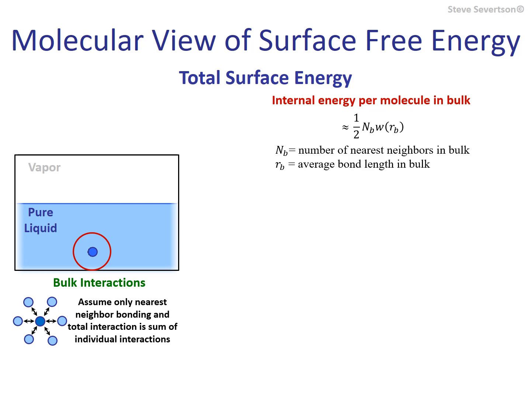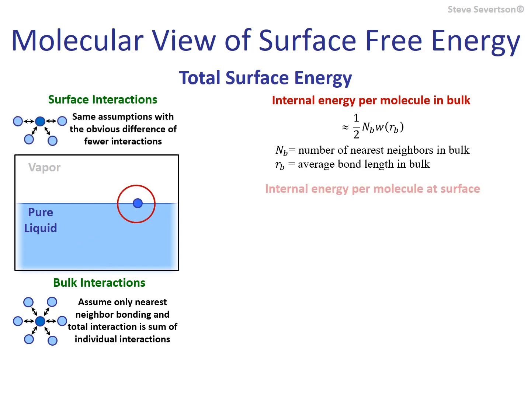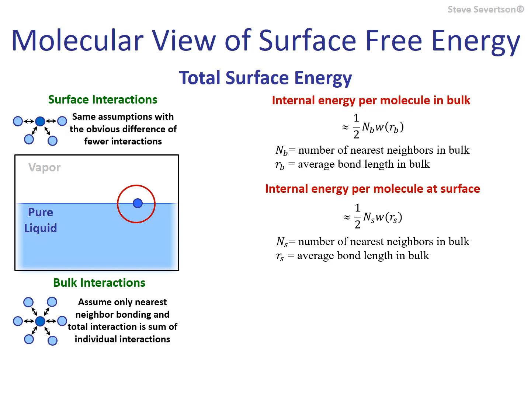We use the same approach and assumptions for estimating the interaction energy for the molecule at the surface of a liquid. These provide an expression for the surface interaction energy in terms of the number of nearest neighbors and the interaction energy at the equilibrium bond length. Next, we assume that the equilibrium bond lengths in the bulk region and the surface are approximately the same. The change in the potential energy of the molecule is the difference in the interaction energy between the surface and the bulk region. We divide this value by the area the molecule occupies at the surface to estimate the total